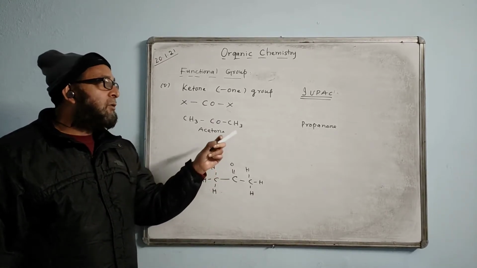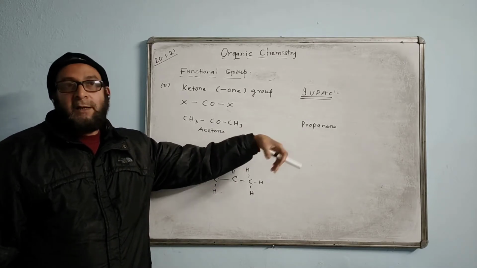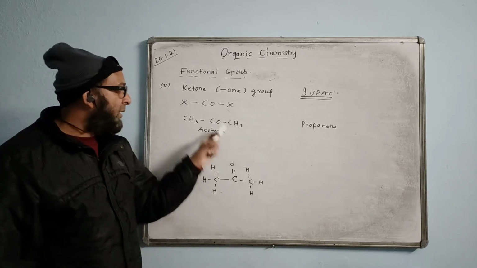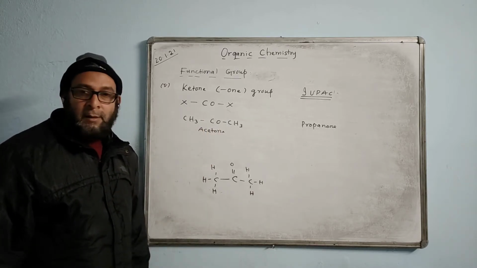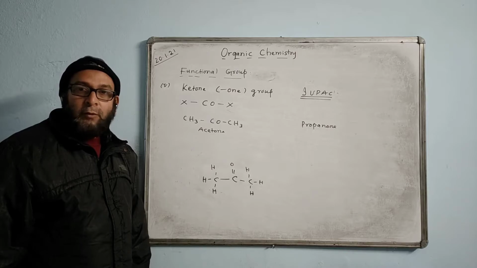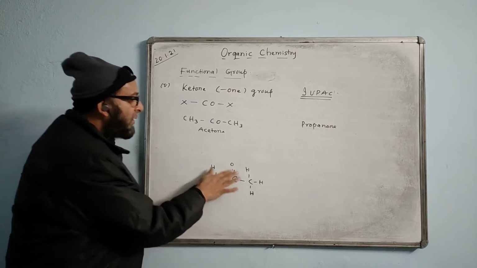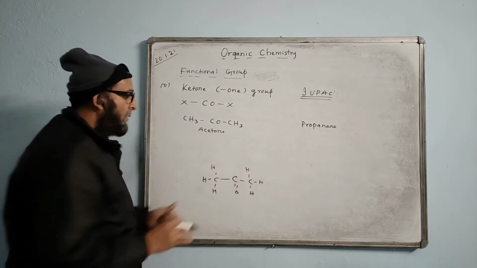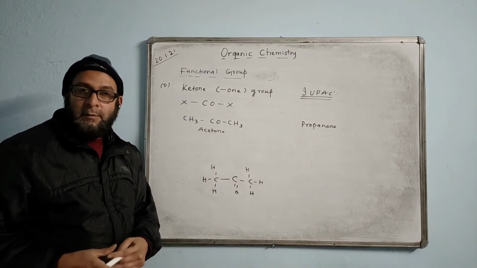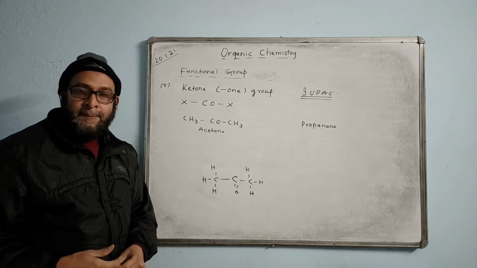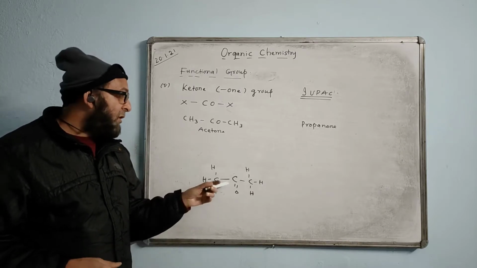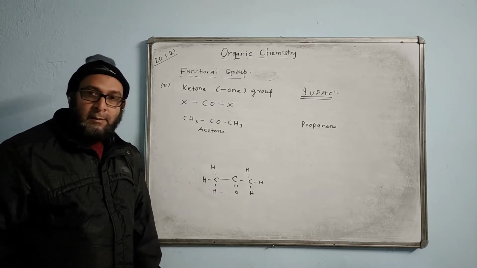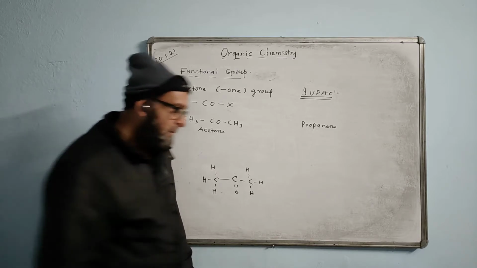There may be a mistake in your notes, please correct it. I think I gave it as ethanol, so correct it and write propanone over there. Propanone, because there are 3 carbons, 1, 2, 3. Propanone. This oxygen, instead of writing up, we could write even down. And this also we can write. Is it clear? This is the structural formula of acetone.